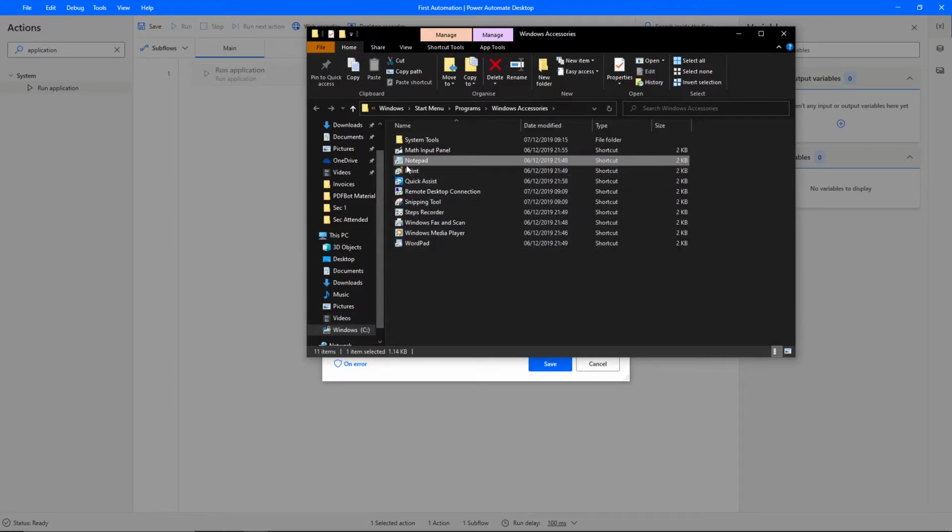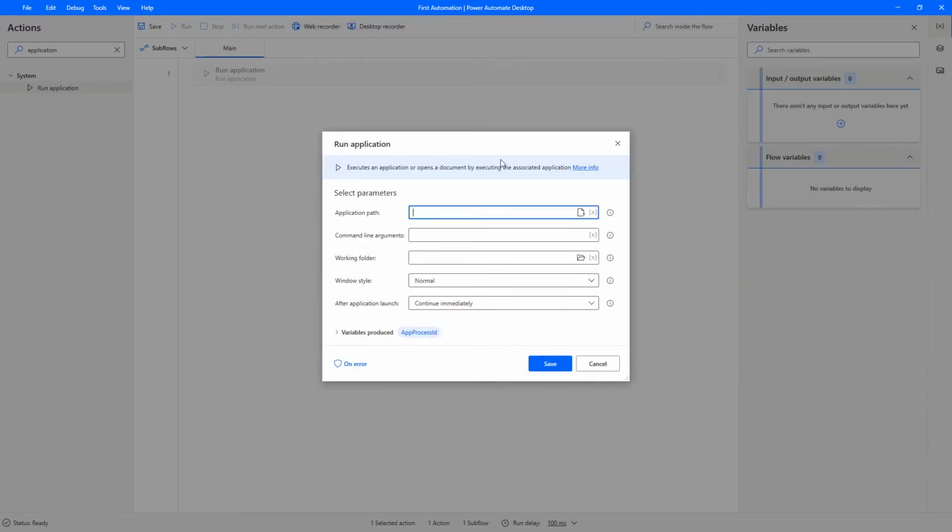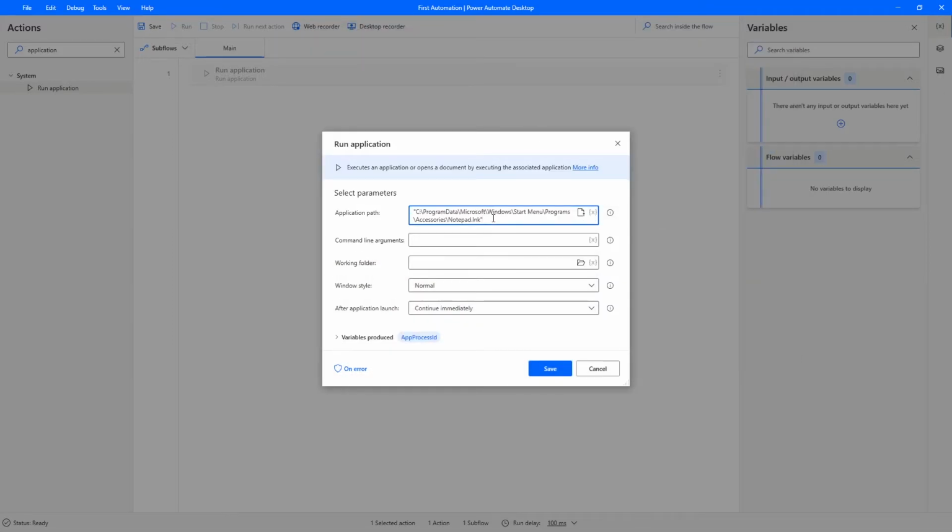Now here we have the notepad, so let's click on home, and then click on copy path, and this way we get the full path of the notepad in our clipboard. Now let's press Ctrl V, and delete the quotes this way. In window style, let's choose the option maximized, and now let's click on save.